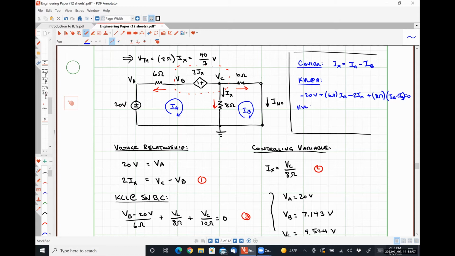And then I would have a KVL around mesh B. That would simply be 8 ohms times (IB minus IA) plus 10 ohms IB is equal to 0. We could solve this system